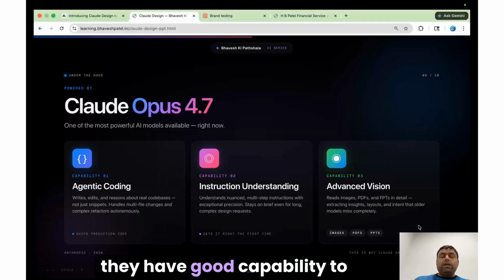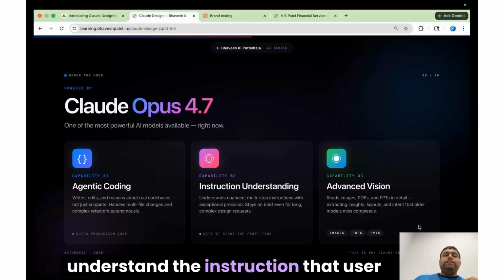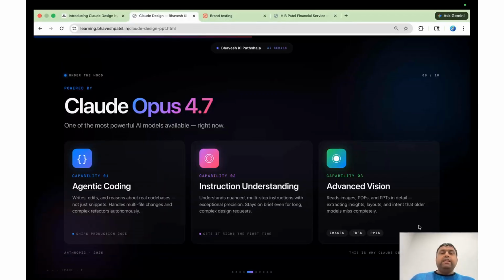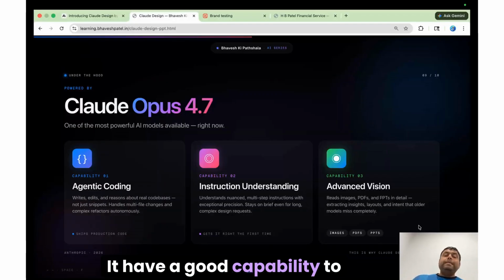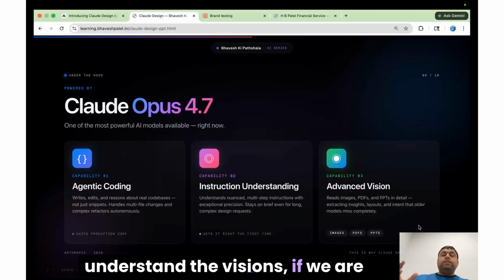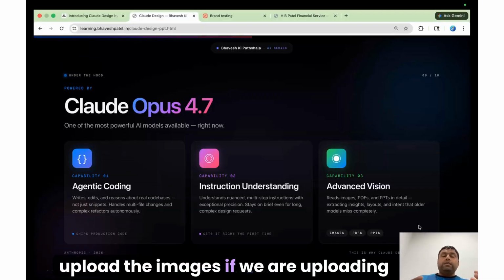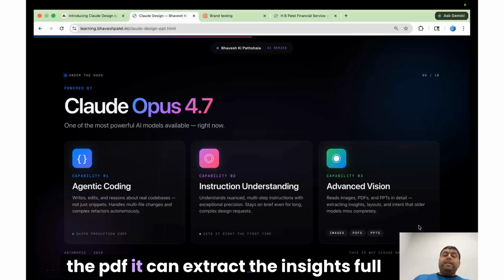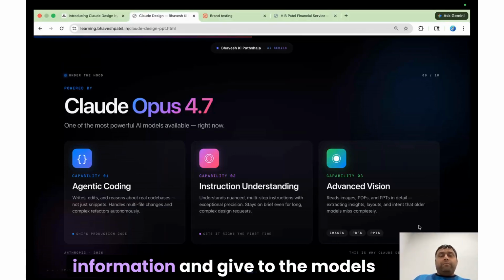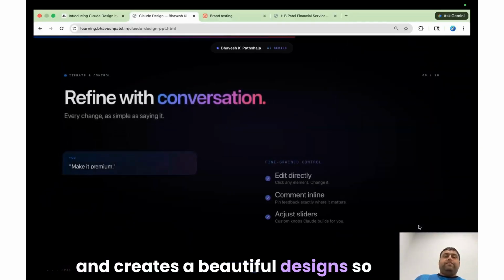It understands the instructions that users give and understands the vision. If we upload images or PDFs, it can extract the insightful information, give it to the model, and create beautiful designs.